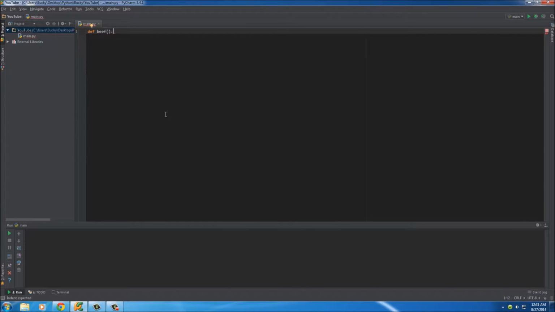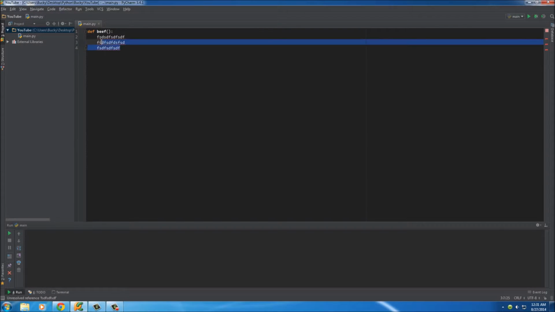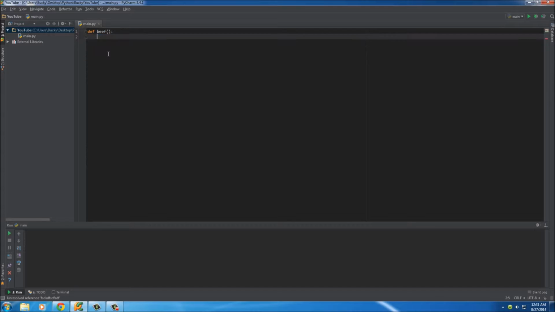After this colon, hit enter, and any line of code that goes in here is going to be part of your function. Any line of code that's inside your function is the part that executes whenever you use it later on. So we'll make this a very simple function: print something out, and we'll just write "Functions are cool." So this is a pretty useless function. Again, this is just a function called beef, and the only job of it is to print something out on the screen. So if you run this right now,